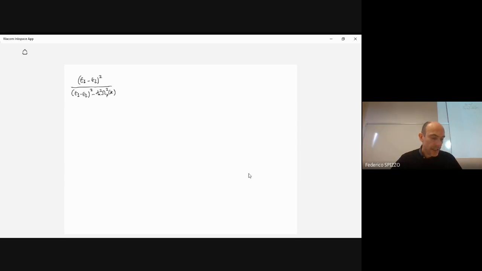I have just removed the H bar from the parentheses and taken that out. So in this way, I have H bar in front of the frequency, and this is of the order of the phonon energy. So in general, E1 minus E2 is larger and larger with respect to H bar